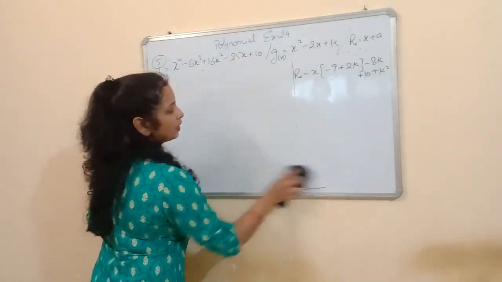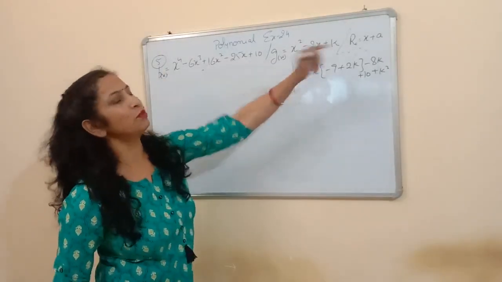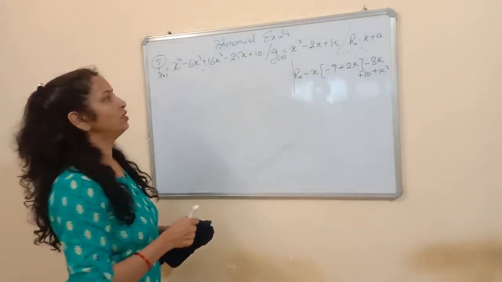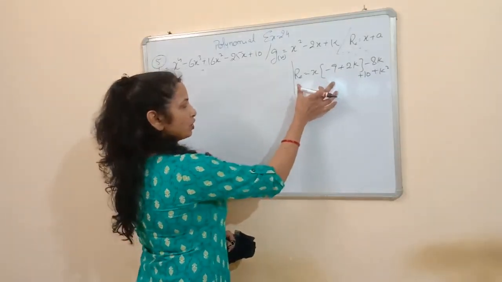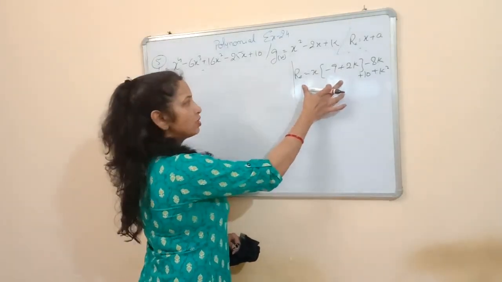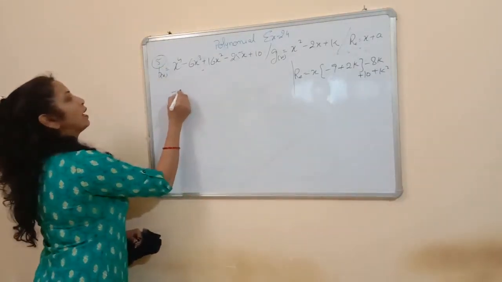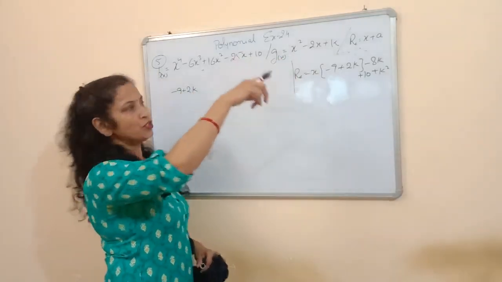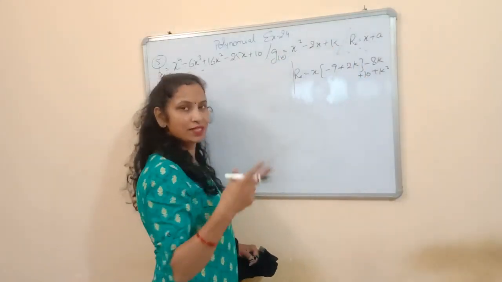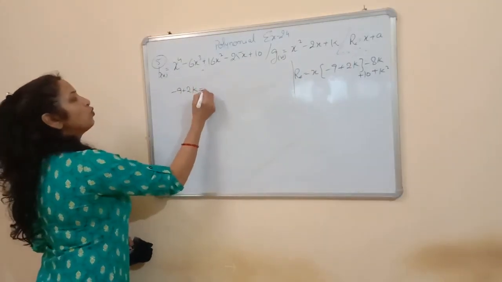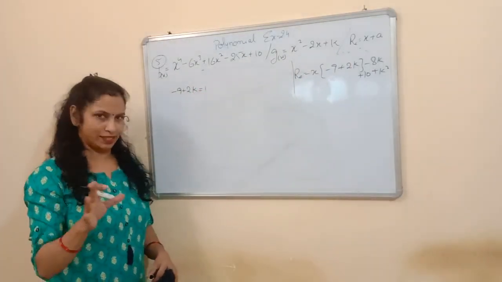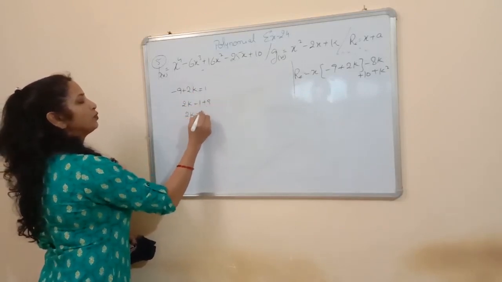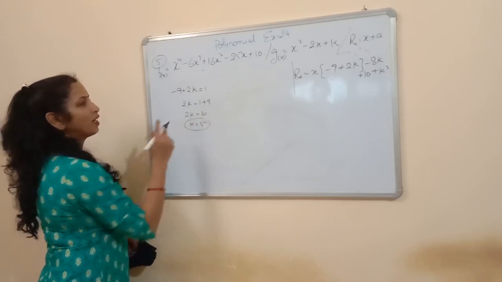तो देखिए आपने कहा ये आ गया रिमाइंडर, लेकिन क्वेश्चन में तो ये रिमाइंडर था. So we can equate the coefficient of the remainders, like the coefficient of x. In this equation according to us the remainder is this one, so the coefficient of x is minus 9 plus 2k. This is the coefficient of x according to us. But according to the question, the coefficient of x is how much? It is 1. x plus a है तो x कोफिशिएंट 1 है. So we are equating the coefficient of x here. So solve कर लेते हैं. 2k is equal to 1 plus 9, then 2k is equal to 10, then k will be equal to 5. This is the value of k.